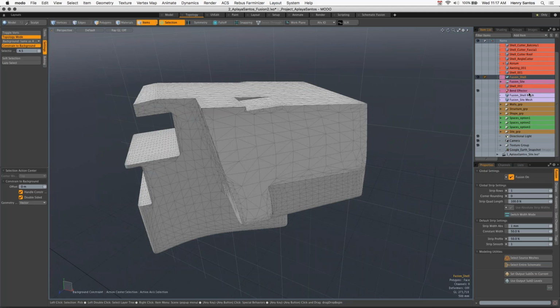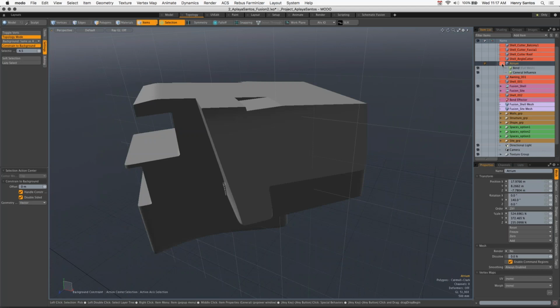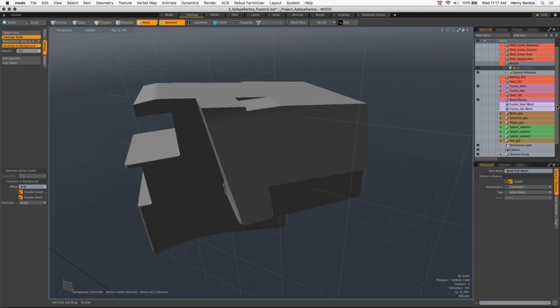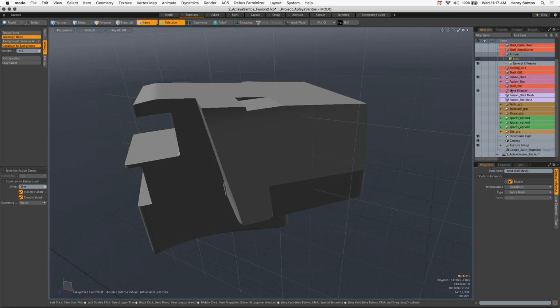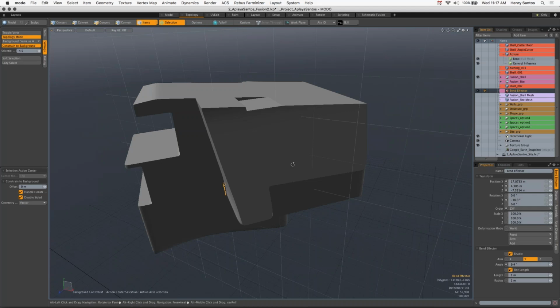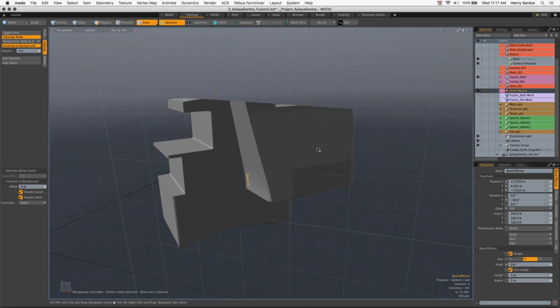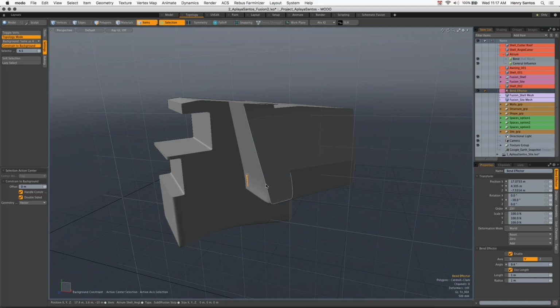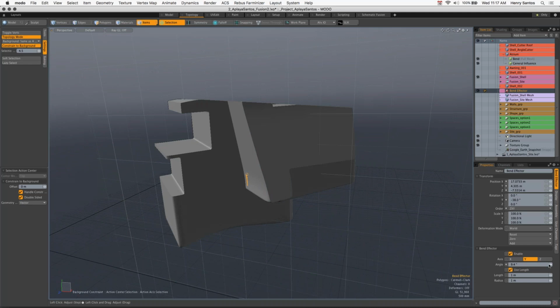So I'm looking for my atrium here. Okay, so where's my bend effector? Oh, there it is. I had it lost in the color correction. So this front part here that I'm hovering over, and there's that edge that's selected, and I don't know if you can hear Duchess, but she wants it in so bad. She just wants a taste of this webinar. She can't get enough. Okay, so with a bend effector selected,